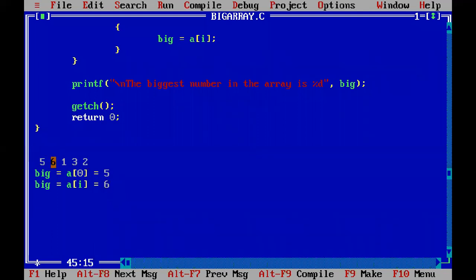So likewise, we will go through the entire list of elements from the second position, and compare all these with the biggest number. As I said, initially my biggest number will be the first element that you have to assume. Then if you find any other number which is bigger, you will simply replace it, just like I replaced 5 with 6. So there will be replacements, and finally you will get the biggest number. Here my biggest number is 6, so it will simply get printed, displayed.